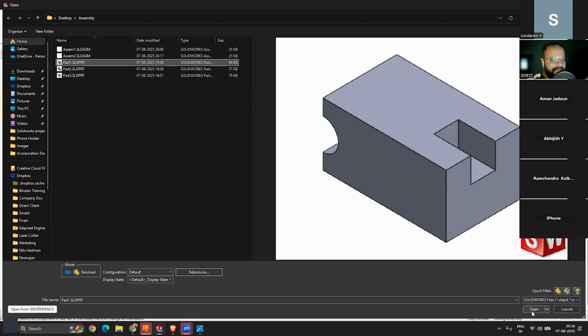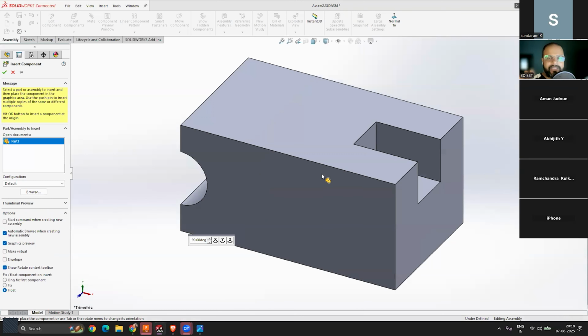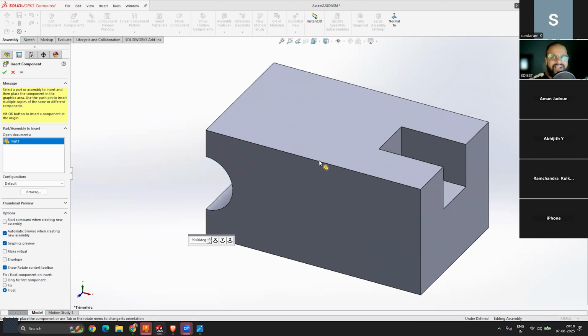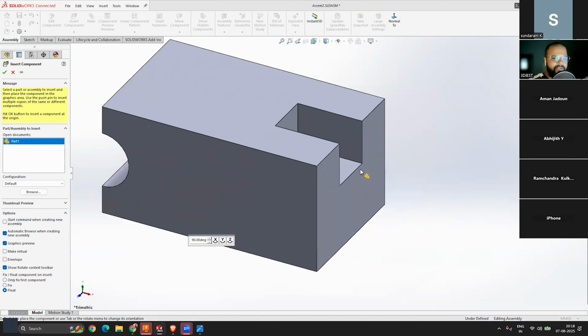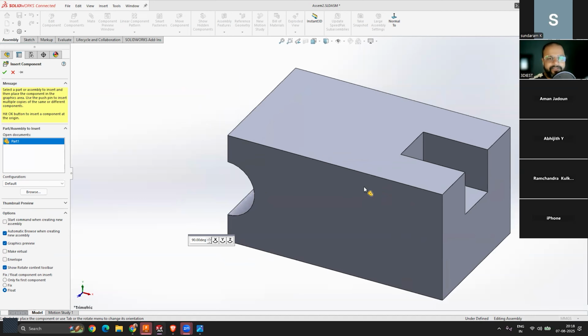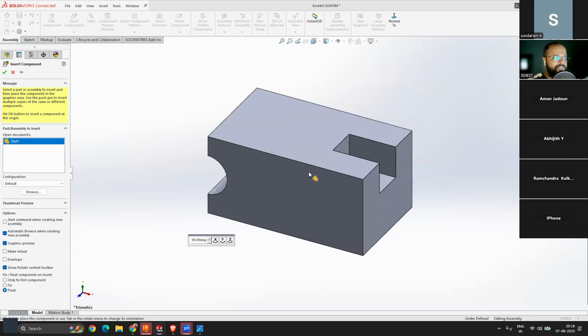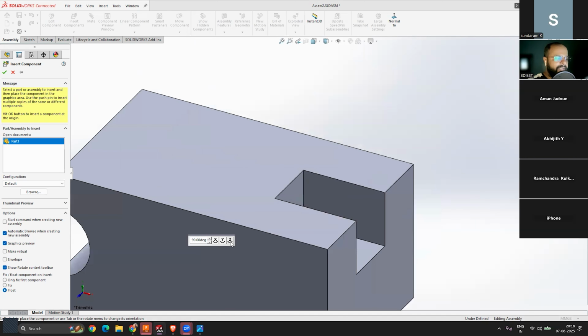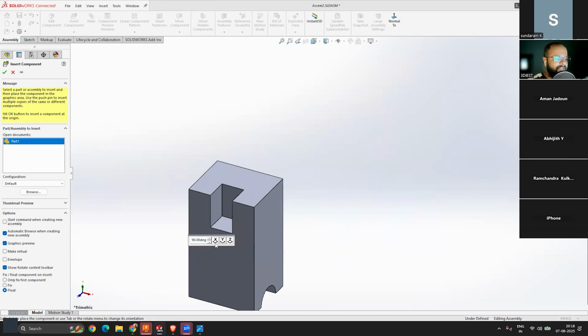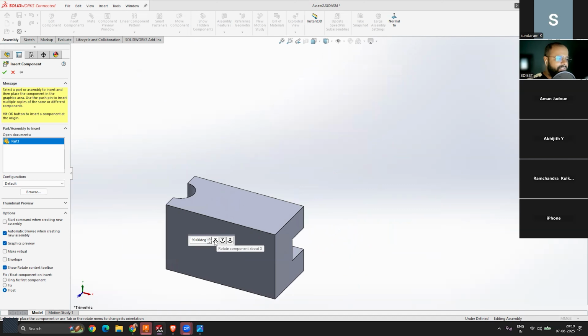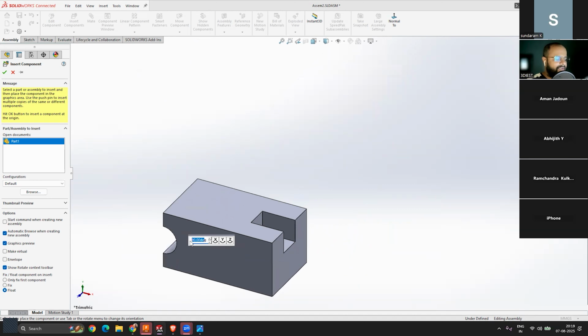So I will select the file and click on open, and the moment you click on open, I'm not touching anything, you can see that, but with your cursor, you will be able to see a part is attached that you just inserted, right? You can move it, and until you click anywhere, it is attached to your cursor. But before placing it, I can zoom in and zoom out. I can also rotate it in multiple orientations along all 3 axes to reorient it in a correct position, right? So I can rotate it like this using these gizmos,